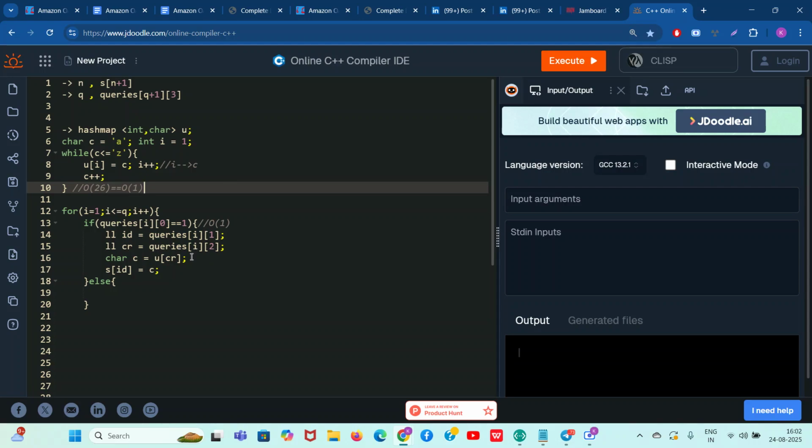Now what to do for the query if its type is 2. So guys, for the other type of query, what will we do?